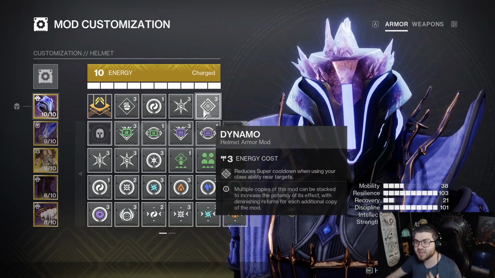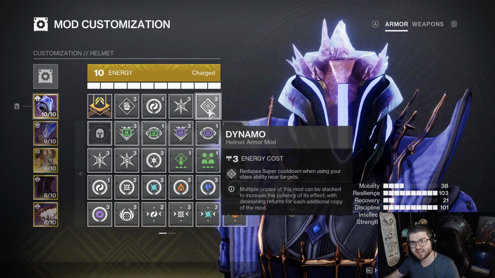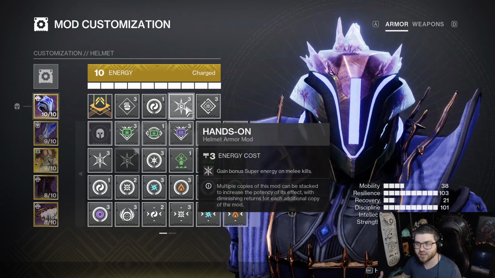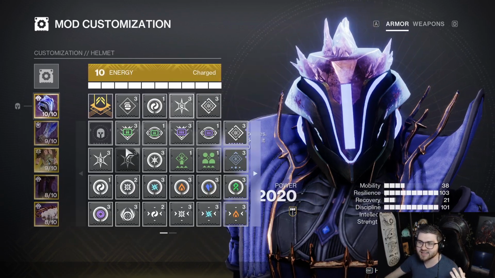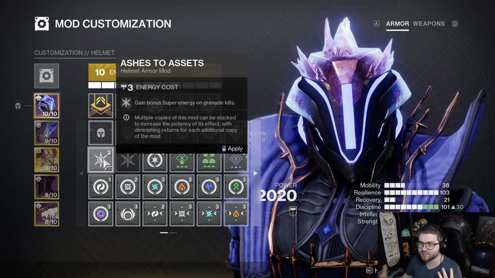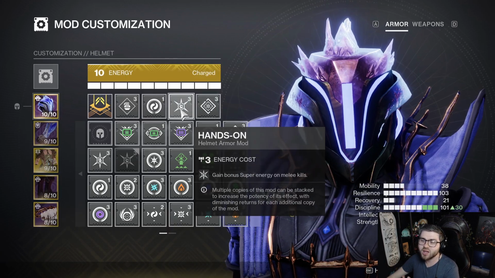Now, next up is just going to be a Dynamo and a Hands-On. Dynamo, whenever I use my class ability on targets, I will gain super energy, and then also with Hands-On, whenever I get a melee kill, I will gain super energy. As for Insight, it doesn't really work with this build too much because the stasis turret is not going to really kill enemies or anything of the sort. So that's why I opted to run